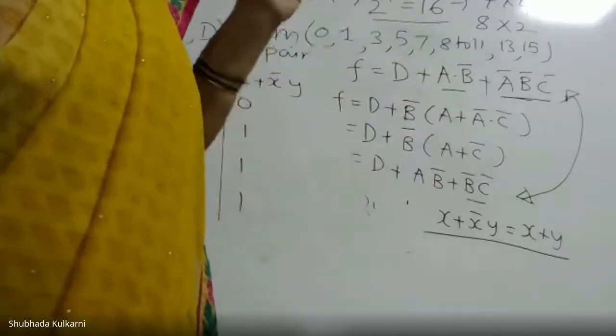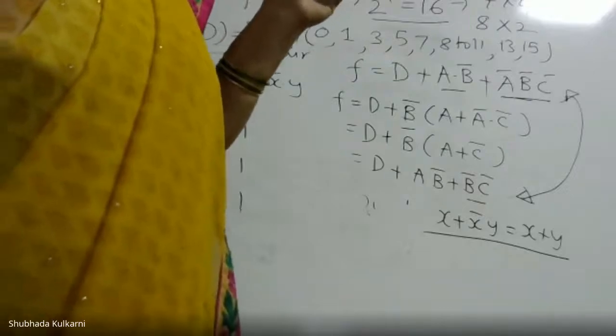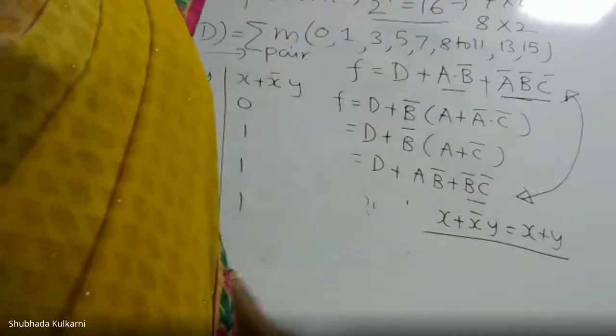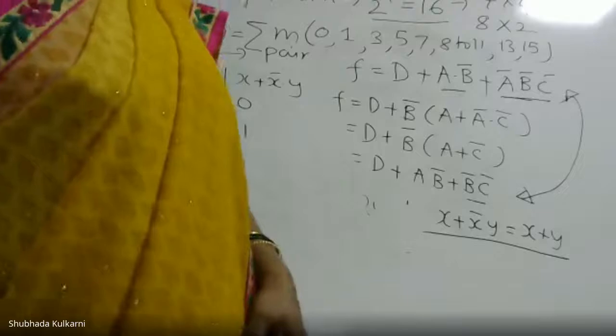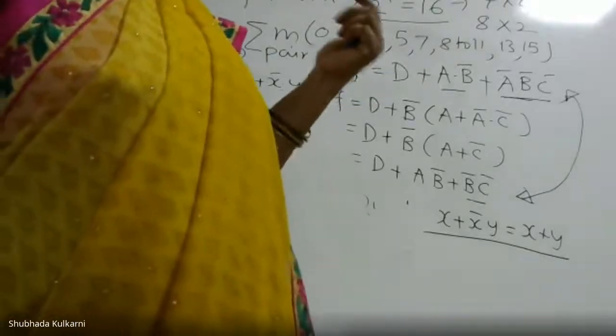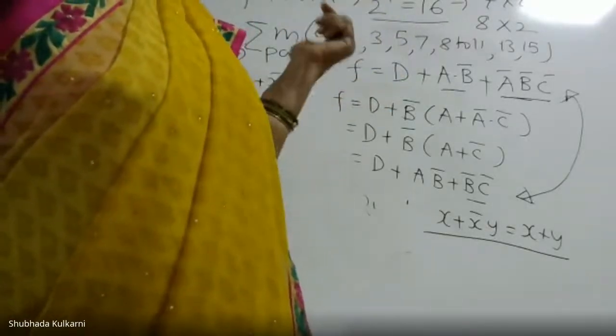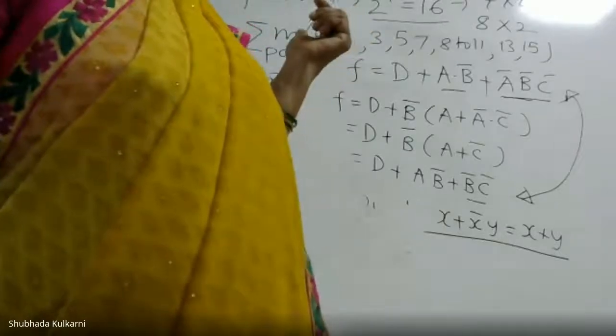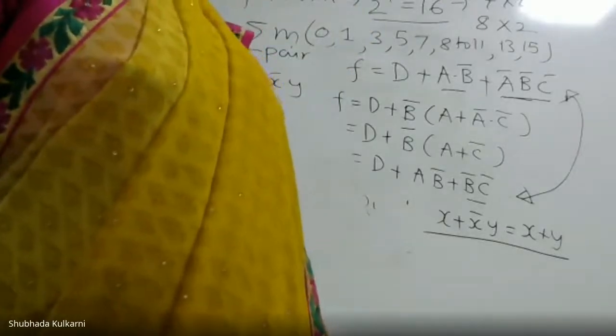The numbering of boxes is based on the binary values for the variables, but it is not mandatory in the K-map to write it. Initially, without simplification, when we write, we can show 0, 1, 2, 3 positions for the boxes. But that is not required when we are solving the problem.